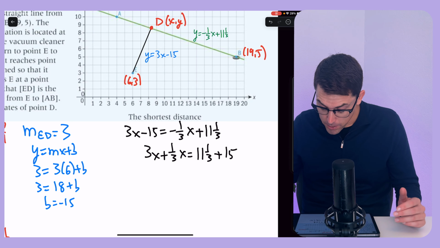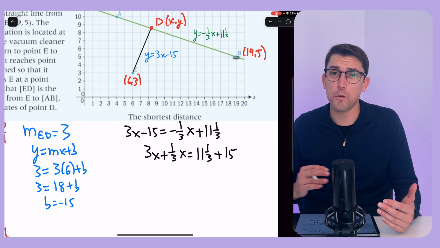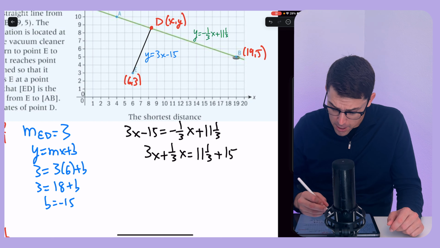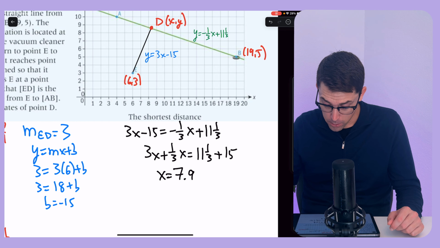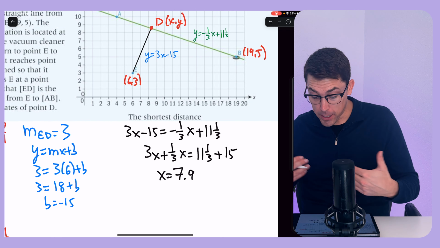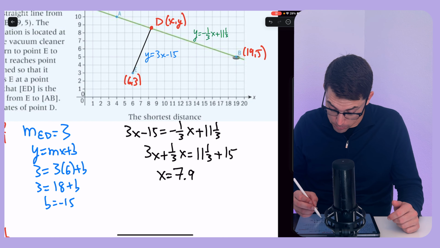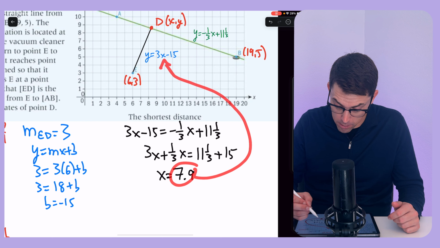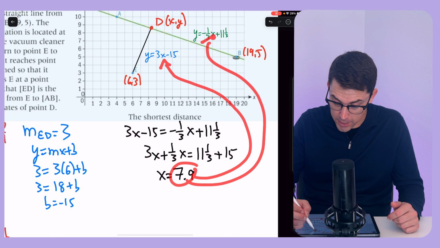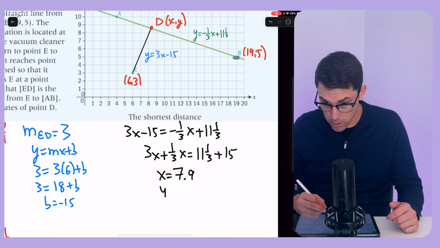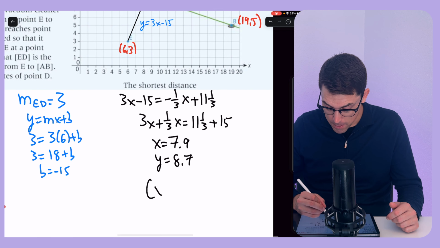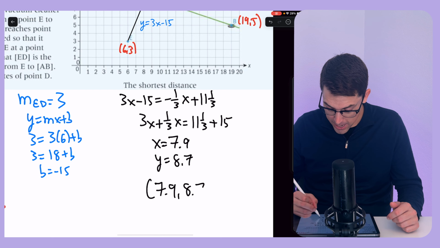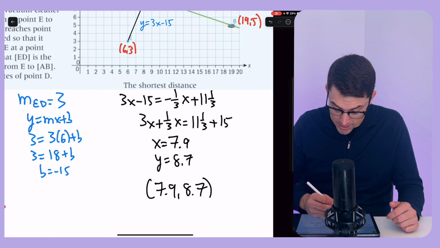Once you're at this step, if you want to do this by hand, you're more than welcome to. If you want to put it into your calculator, that's also fine. But you should get that x is equal to 7.9. Once you figure that out, you just plug it back into any of these equations. You can plug 7.9 into here, or you can plug it into here. You'll get the same exact answer, which is that y is 8.7. So what does that mean? It means that our intersection is at a point of (7.9, 8.7), and that is going to be the